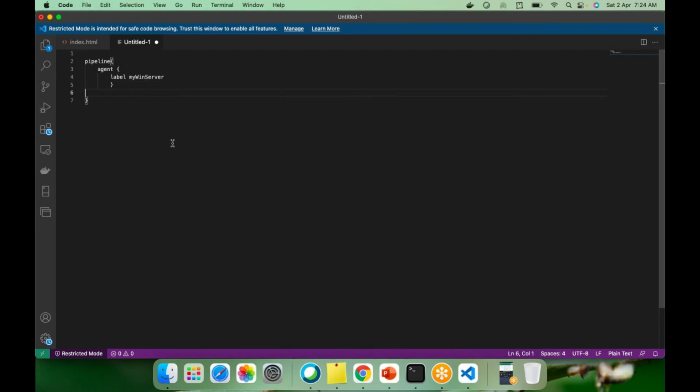Okay. Now, what do I have to do? I have to simply write the stages. What are the stages I need, right? Different stages. Simple stages I'll do. Inside the stages, you have to write the stage. What are the stages you want? Suppose I want the stage as